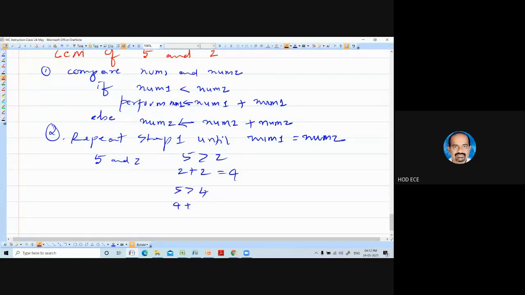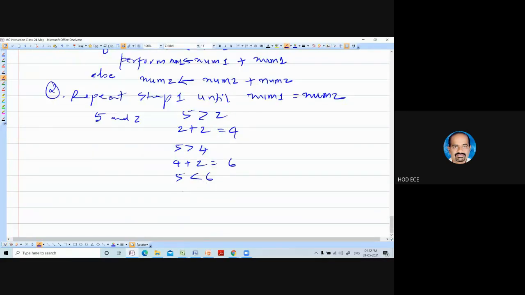So do 4 plus 2, you're going to get 6. Now 5 is less than 6. Then what do you do? You have to do 5 plus 5. So we're going to get A. So then A is greater than 6. Then what do you do?